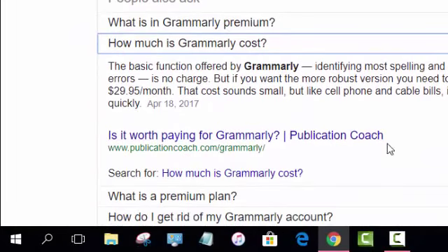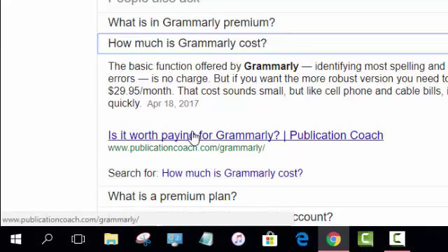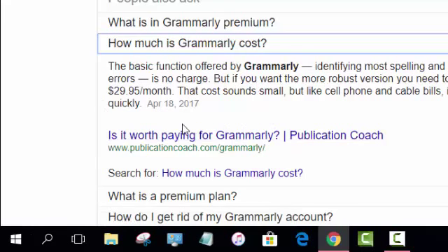As you can see here, it's $29.95 a month. It can do more things, I suppose. I never tested, but you can try to look up what it can do. I don't know. I use the free version. It's good enough for me.